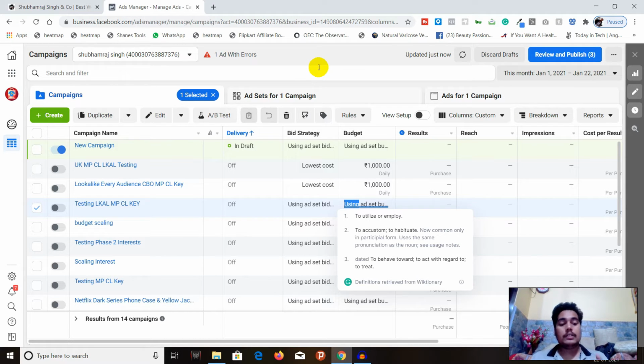Inside the business manager you create businesses, and inside a business you will create different ad accounts. You can create multiple ad accounts, or you can also use a single ad account to run the campaign. So once you have signed up for a business manager, created a business and then created an ad account, this is what you will get.